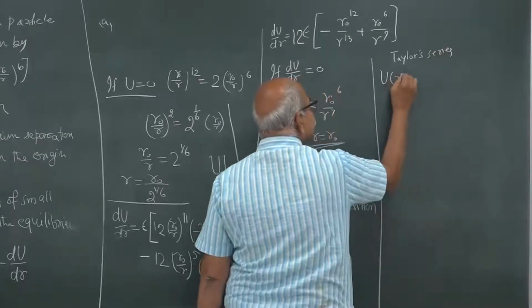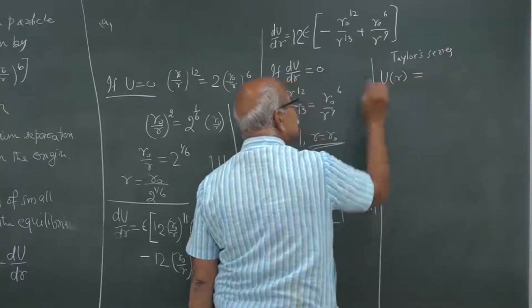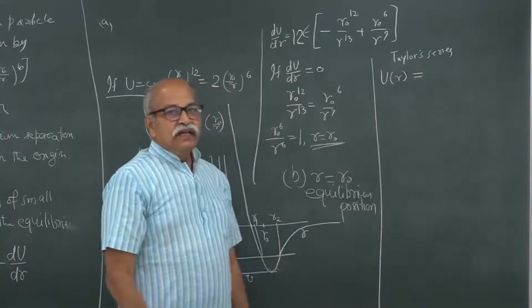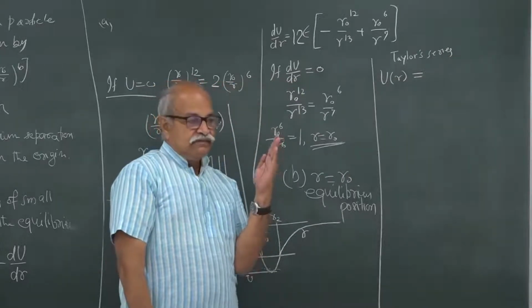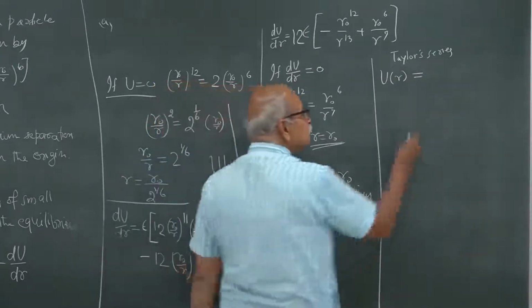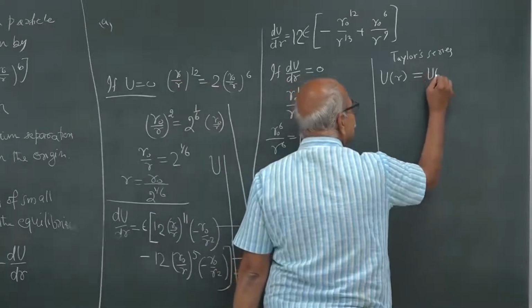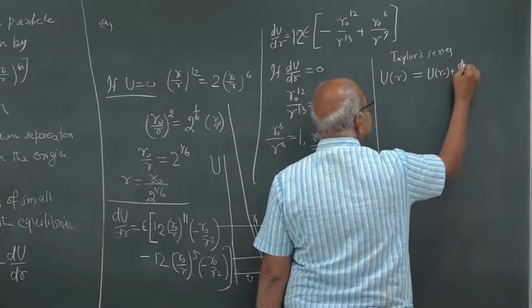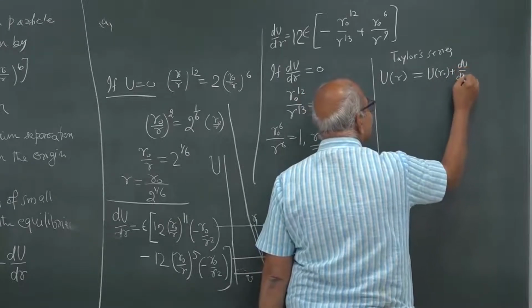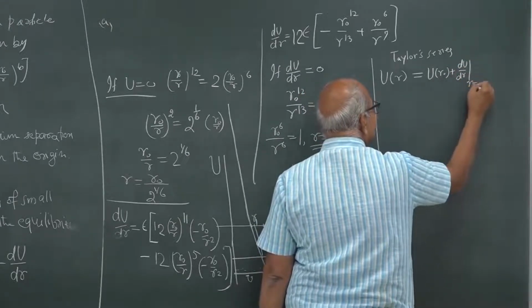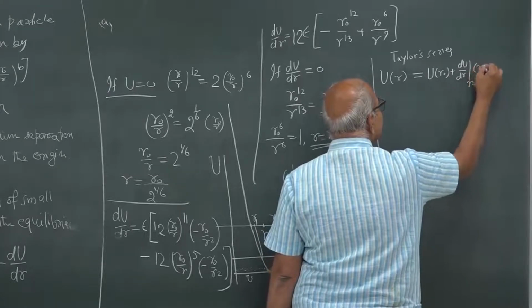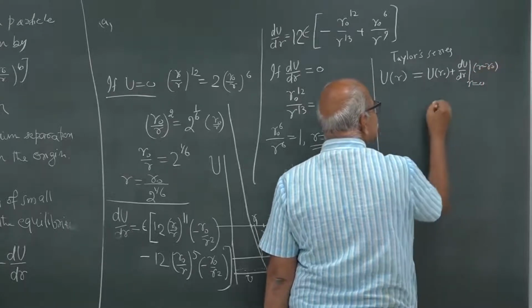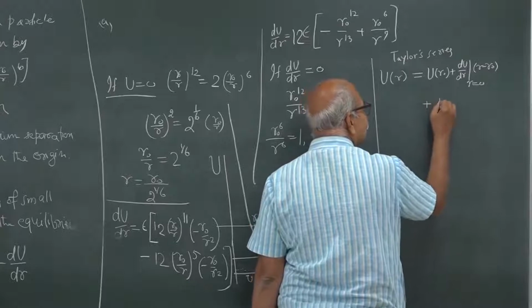It says that if you have to get u as a function of r and you have a point r naught which is very close to it, you can write it as u at r naught plus du dr at r equal to r naught multiplied by r minus r naught, plus then half of